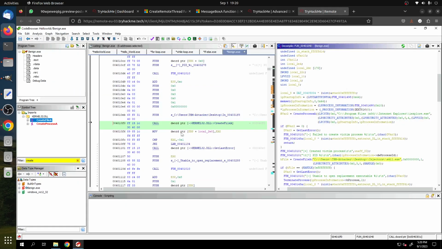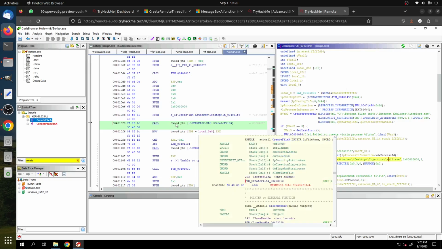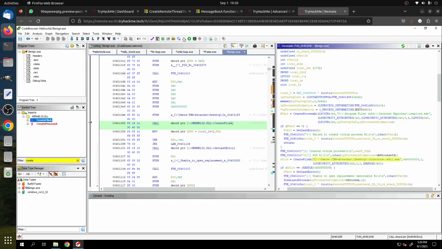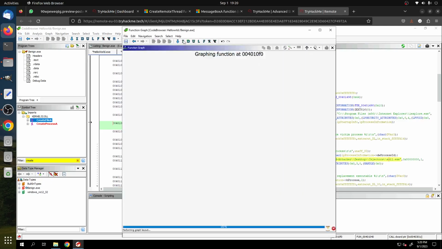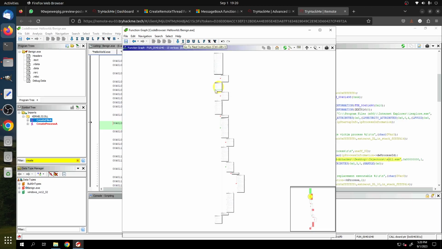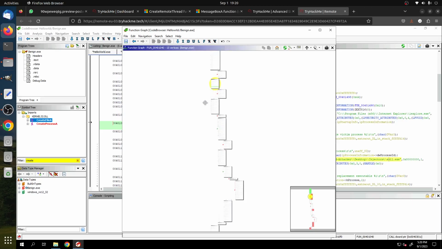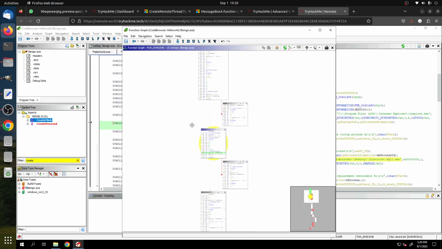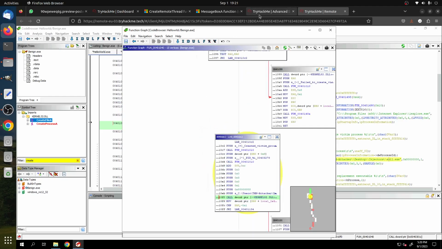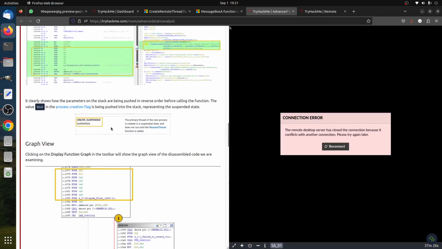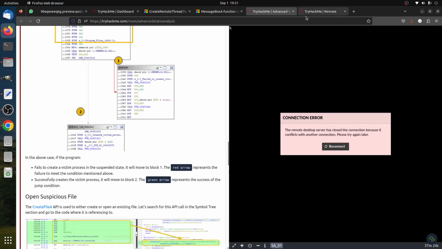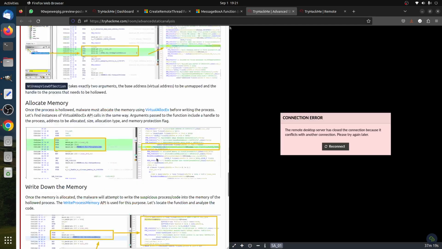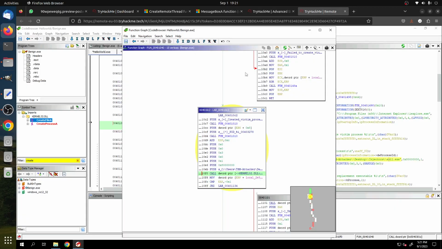So we have this is the function, the call. We go to the graph. That's the graph. We can zoom it like that with the mouse. So basically we're doing this part, this one, the red one. They said the failure, go to the red arrow. So if you go here,